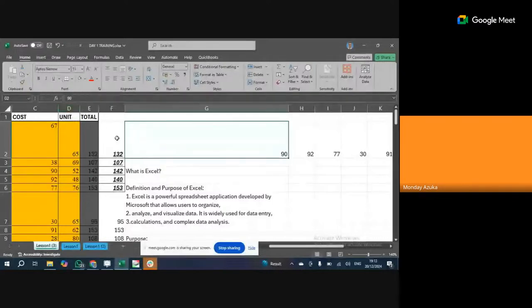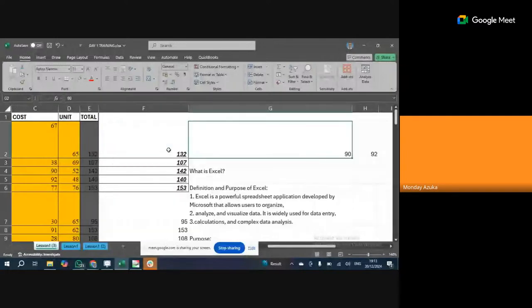So I also showed you now the difference between this underline and this border is that if I drag this,